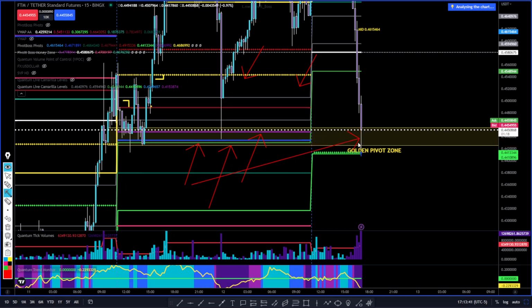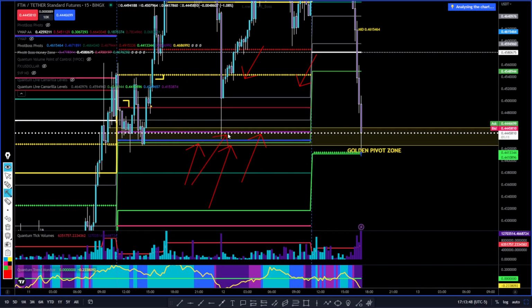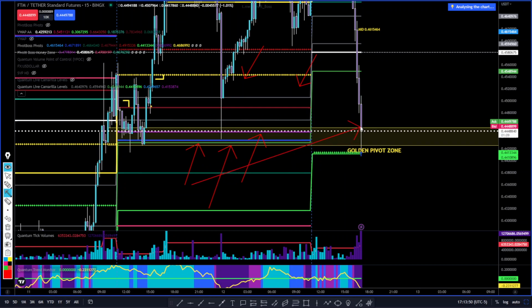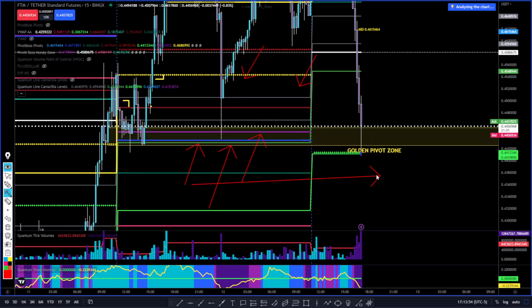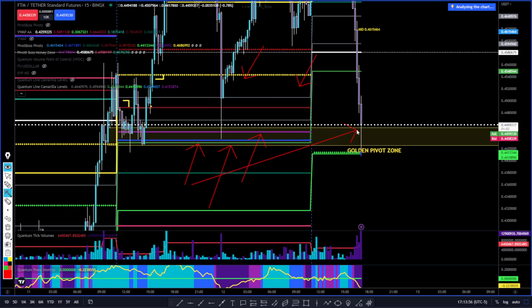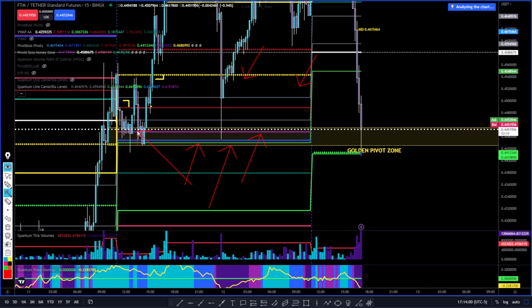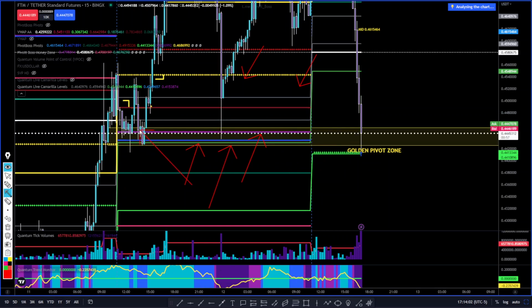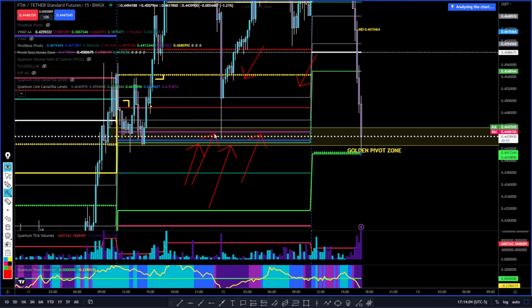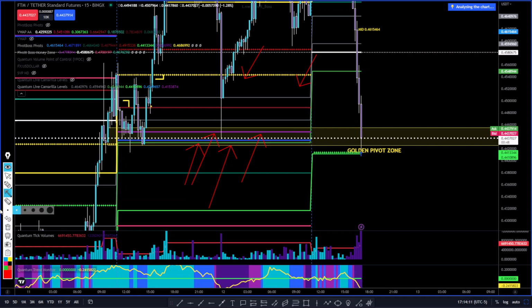Now you can see buyers are here again. That's responsive buying because they're back at their level, right? Will they be able to hold that? I really don't think so. I think the trend is going to continue, but this is where they're accumulating. They're taking positions here, and it's not really a position they're taking. They're just accumulating. So the overall average would be good over time because they're going to accumulate lower as well,